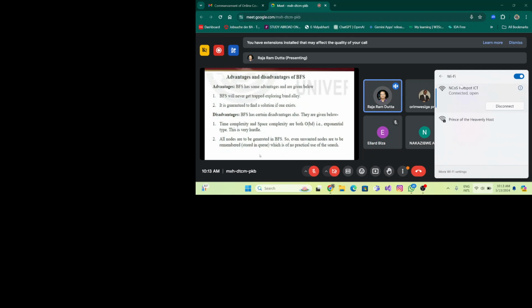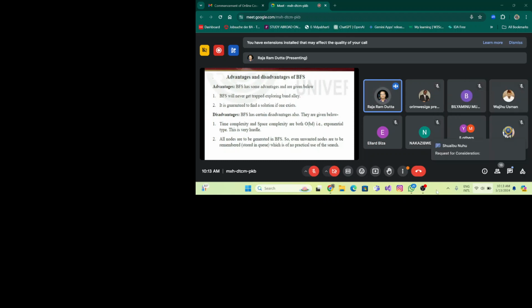Next, what is the advantage of breadth first search? Breadth first search has several advantages. First, breadth first search will never get trapped exploring a blind alley. It visits the child nodes level wise. Obviously the complexity is